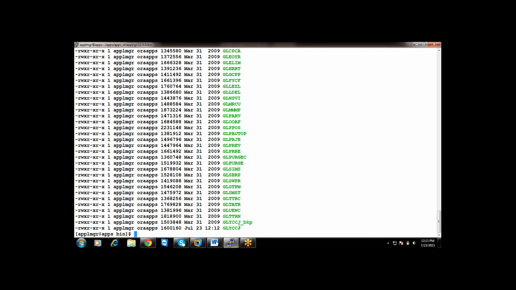What you have to understand here is, whenever any executable is missing apart from the AD top bin, you can regenerate it using AD admin. One beauty of AD admin is that you can also regenerate AD executables with it. Even if any product's executable is missing under AD top bin, you can generate it using AD admin. AD admin has the capability to generate all products' executables, but AD relink has the capability to regenerate only executables residing under AD top bin.